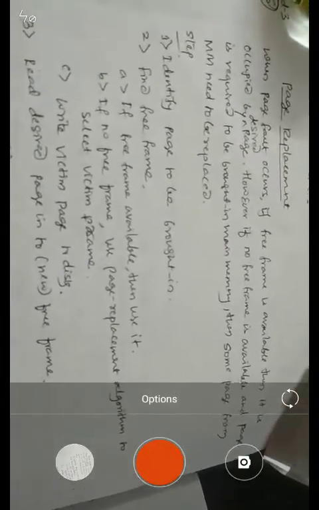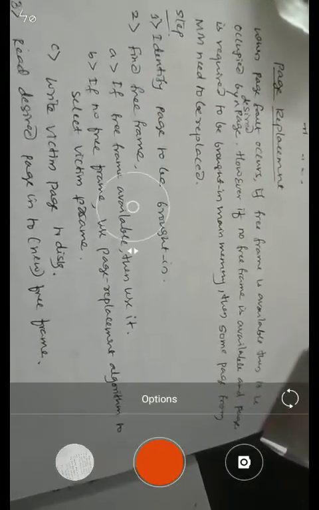The point here is, whenever a page fault occurs, if there is no free frame available, then the problem arises, because available memory is limited. In order to increase the degree of multiprogramming, if we go on adding more processes and more pages in a stipulated number of frames, then obviously there is a possibility that a page fault may occur.